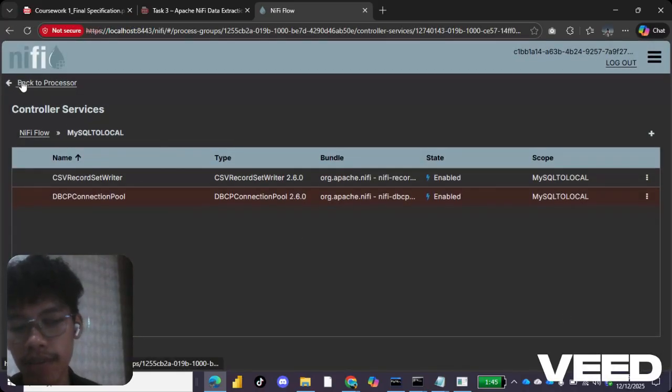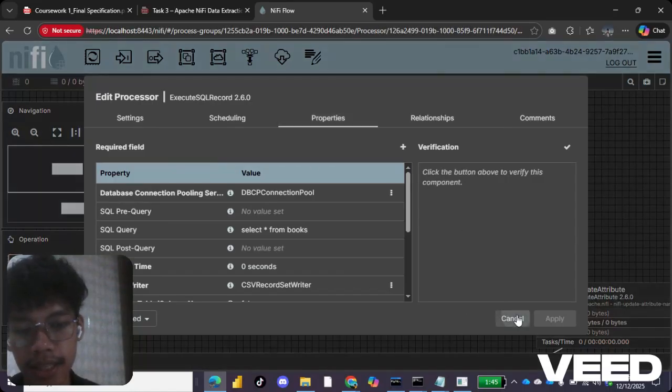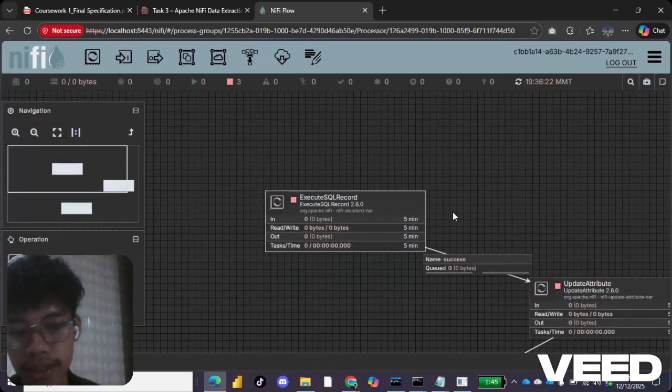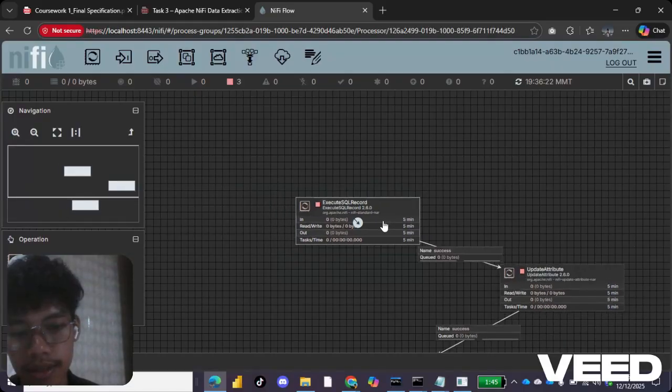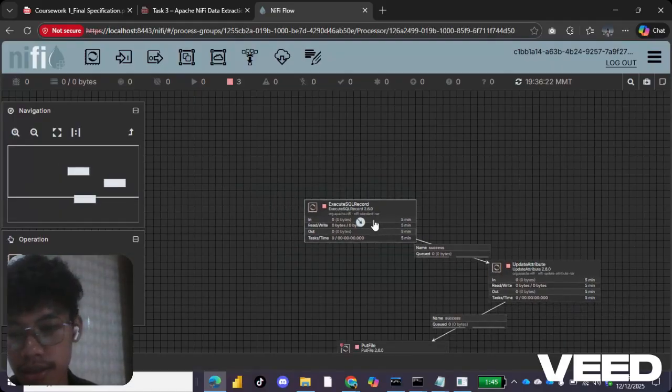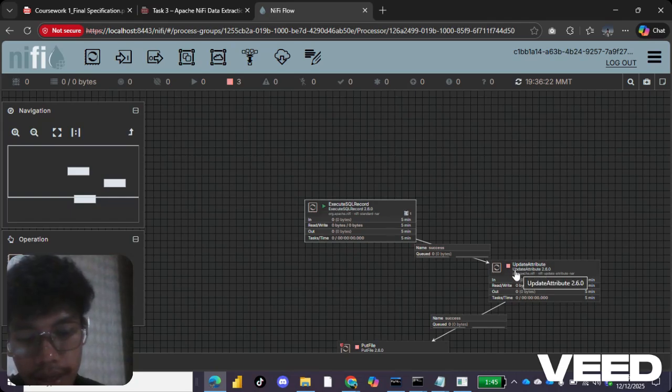After applying, you just need to run the process. Don't run the next processor until you see the count 1.